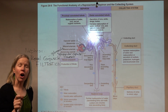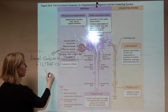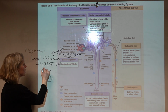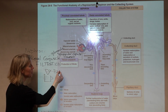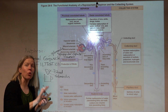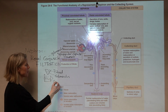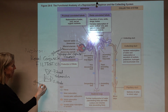Now, just to make sure we're clear, this is filtration just like you're making coffee in the morning, right? So you're making coffee, you have a filter, you have a mug. In that filter, you have all your coffee grounds, and then you pour water in here, right? This is like the blood in the glomerulus, okay? And some things are going to be filtered or pushed across this membrane, right? Our filter, and what comes out the other side, you thought it was called coffee, now we're calling it filtrate, right? In your mug, there's the glomerular capsule,